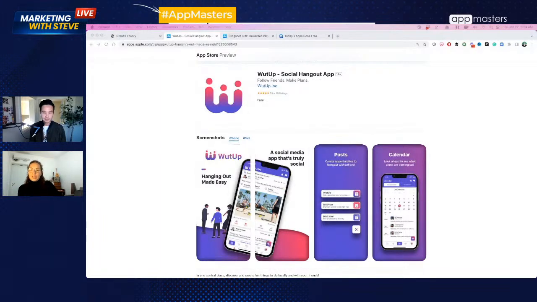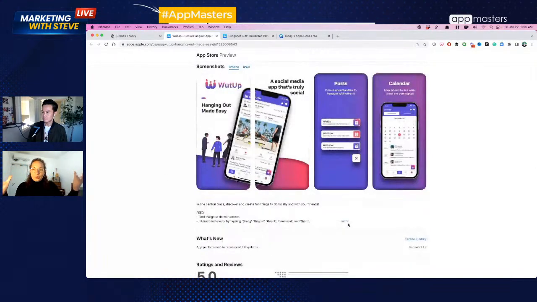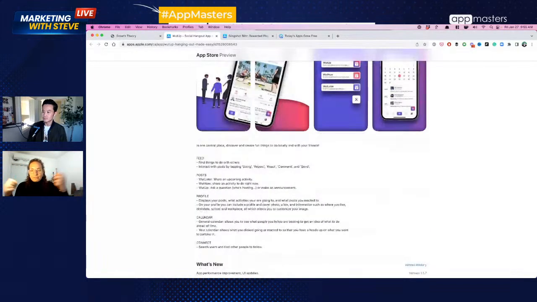So make it strategic. That's one thing about social. This is basically how it's going to work. When it comes to social hangout apps, I think this is the main thing that I would go with.